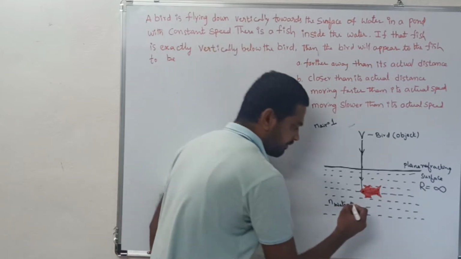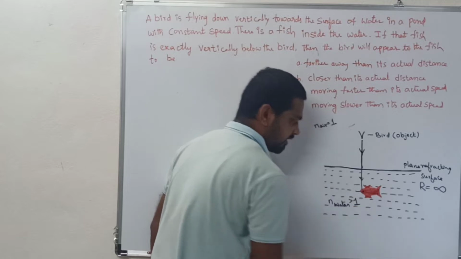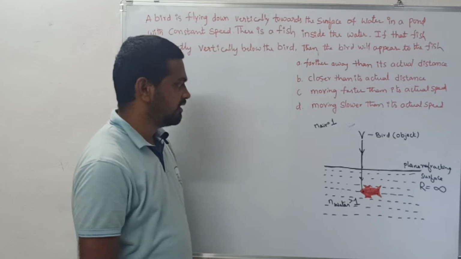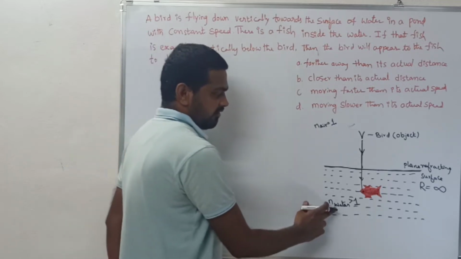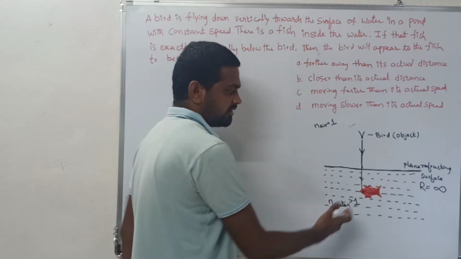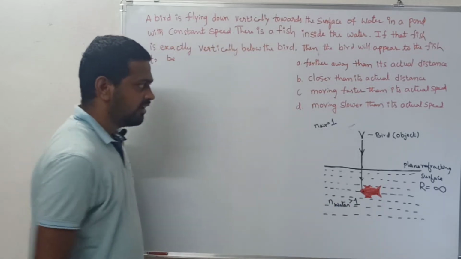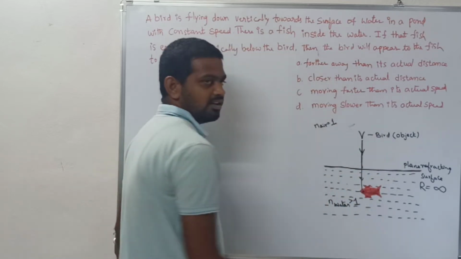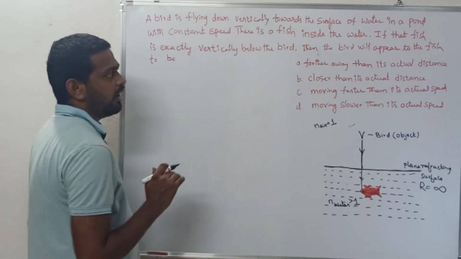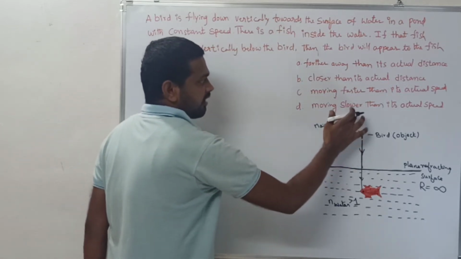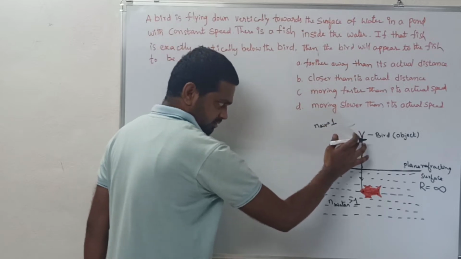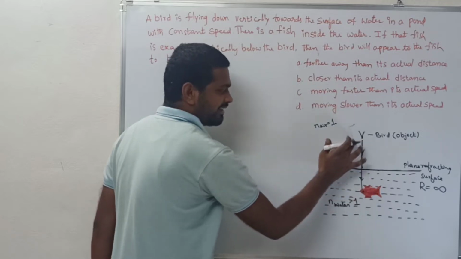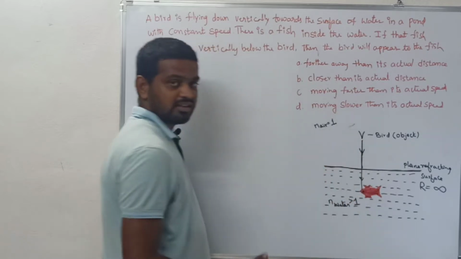What is the denser medium? The refractive index of water is more than 1. Is it clear? These are the thumb rules you need to solve this question. Water is the denser medium, so its refractive index is more than that of air, and since the bird is present in air and acting like the object to the fish, we need to identify whether the bird appears farther away from the fish when observed from the water, or nearer to the fish. That thing you need to find out.